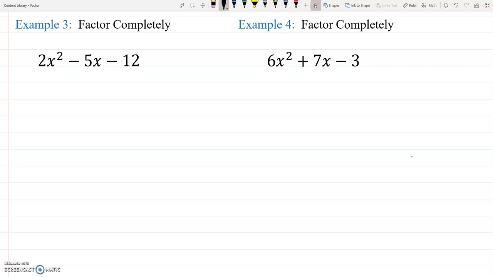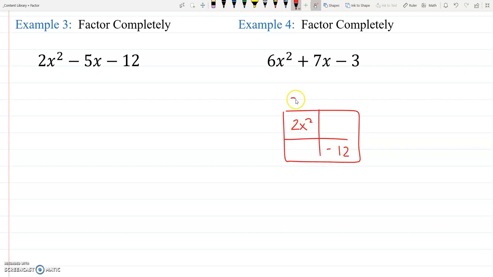I'm also going to tell you this. When I look at example 3, I see a quadratic. Okay, ax squared plus bx plus c. What I would do is this. I put my 2x squared here. I put my negative 12 here. This is probably 2x times x. I'm going to guess 4 and 3. So the area of this room is 3x. The area of this room is 8x. I'm trying to make a negative 5x. So boom, make that negative. Okay, and my answer is